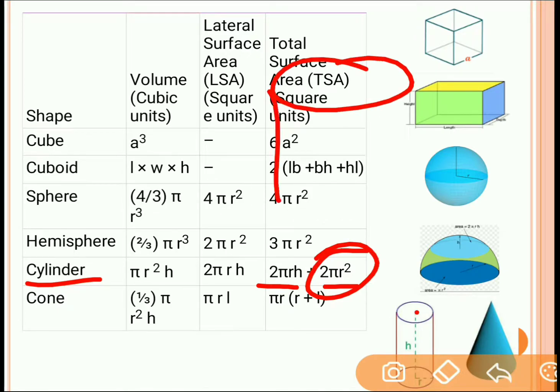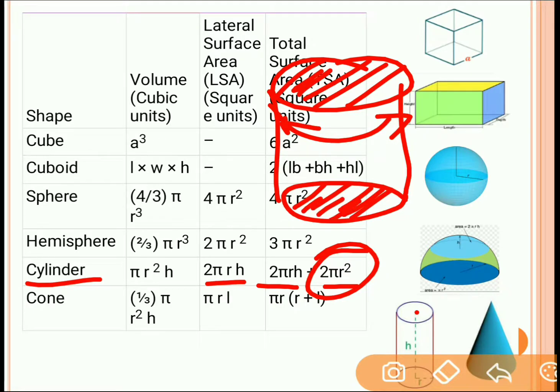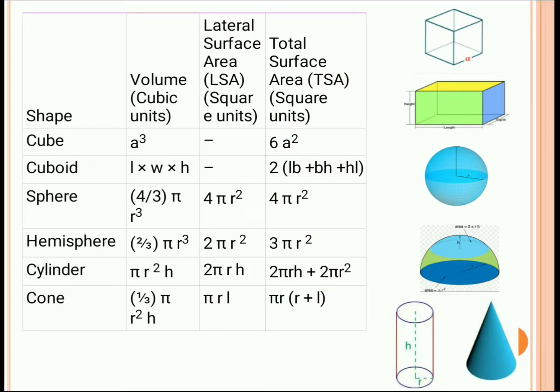So this is a cylinder over here. Curved surface area is the area of this curvature, and the area of this curvature is 2 pi r h, and the area of the bottom circle and the top circle is pi r square. So if we add the area of top and bottom, that is pi r square each, you will get the total surface area as 2 pi r h plus 2 pi r square.